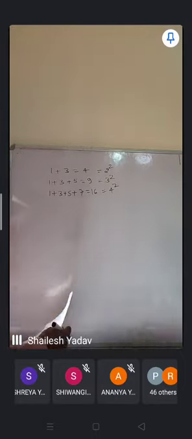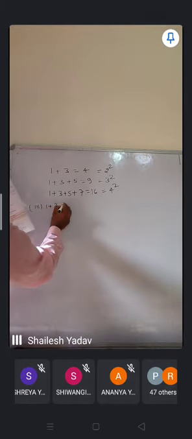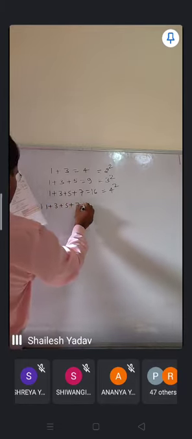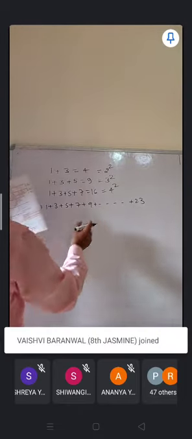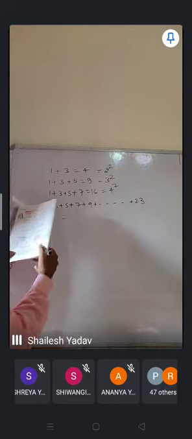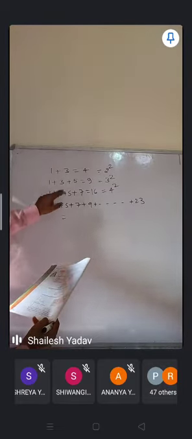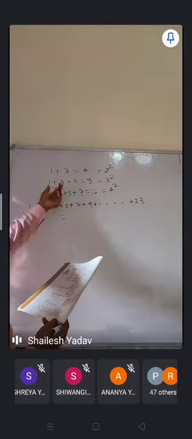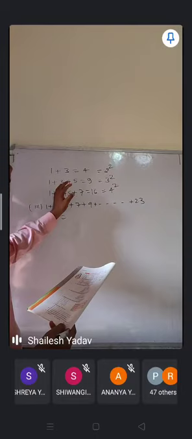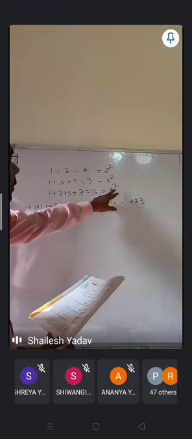In the last third part, it is given like this: 1 plus 3 plus 5 plus 7 plus 9 up to plus 23. The rest of the numbers are written here. If you are going to follow the same sequence, 1, 3, 5: if two odd numbers are there, you had written 2 square. If three odd numbers are there, then their sum is 3 square, which is 9. If 4 odd numbers are there, then 4 square is 16.